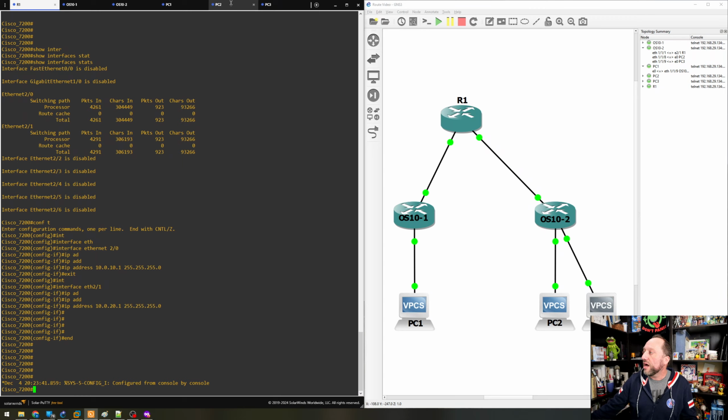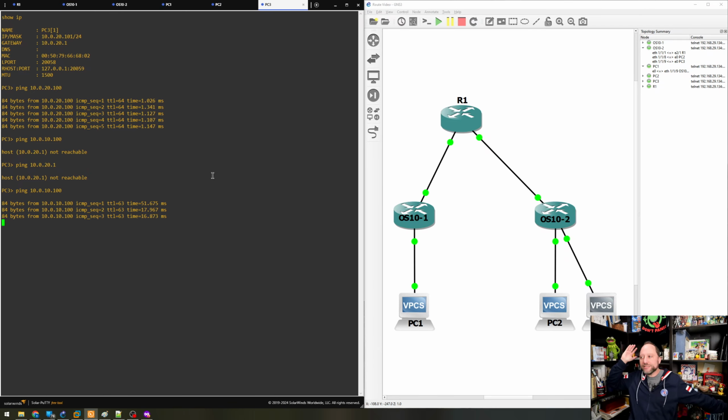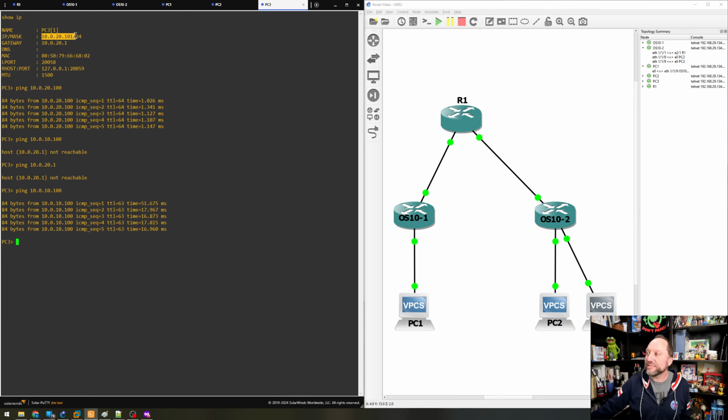Let's make sure it's working. PC3, that's where we were before, should be able to ping, where'd I put you? 10.100 now. There it is. Yes! And so PC3 says, my address is 10.0.20.101, and the user is trying to get me to ping